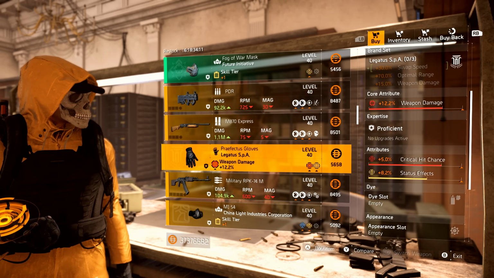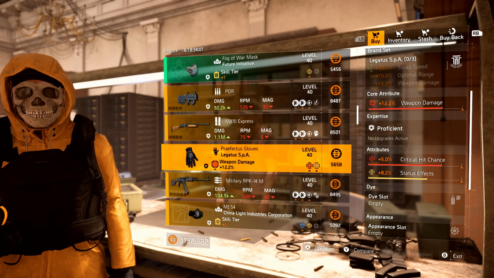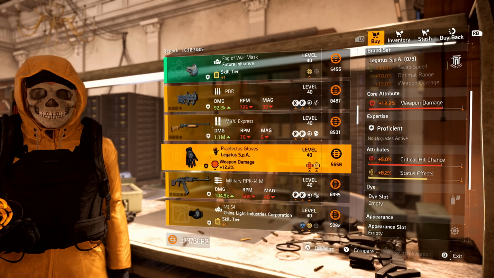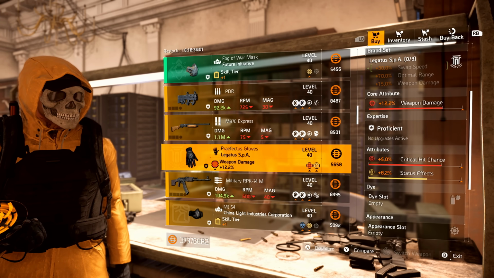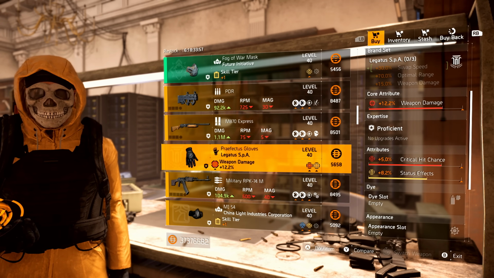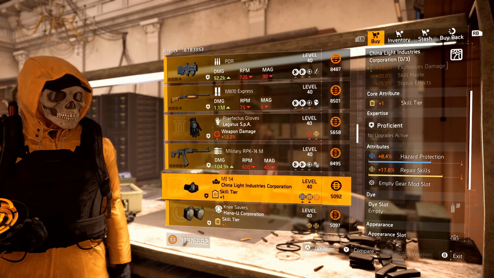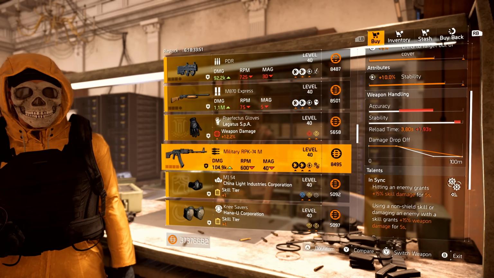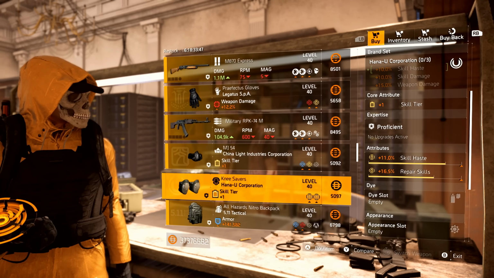Accuracy. Following that, we have Legatus gloves with crit chance and status. You could easily go double crit with those, not bad. They're okay, but remember the 2-piece Legatus gives you 70% optimal range, and the 3-piece gives you 15% weapon damage. Following that, we have a military RPK with stability and sync, a China Light mask with repair skills and hazard,